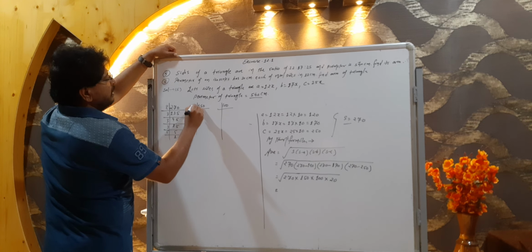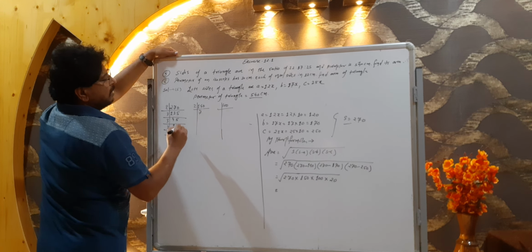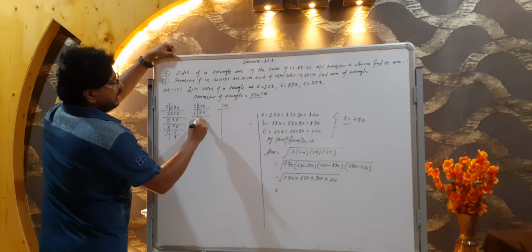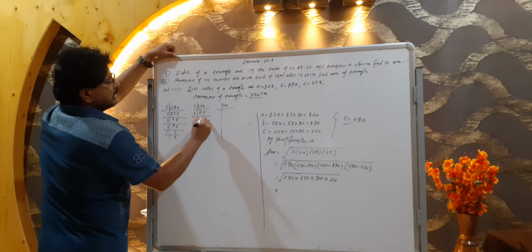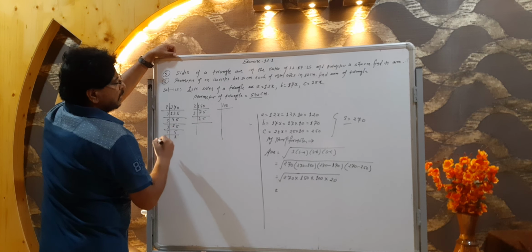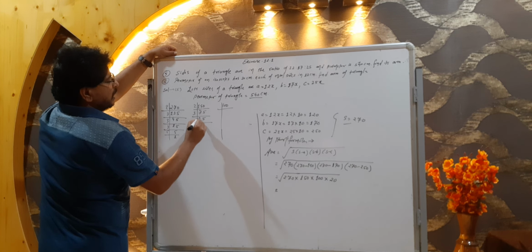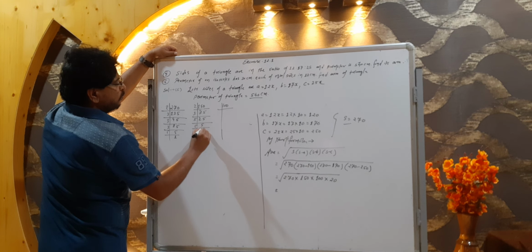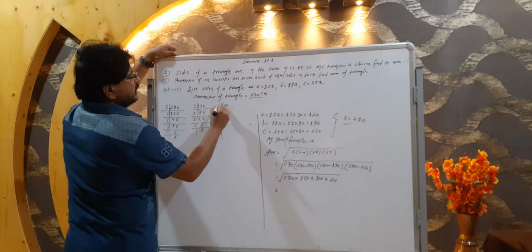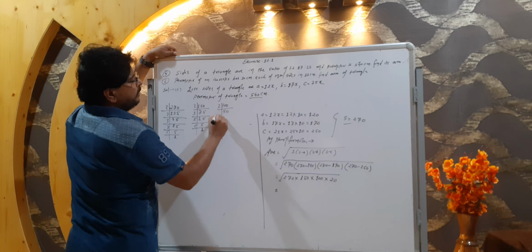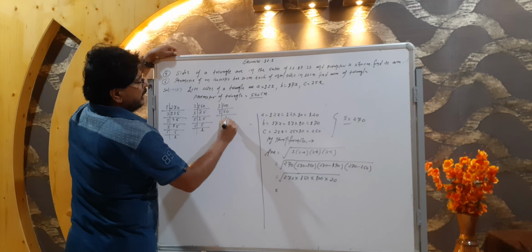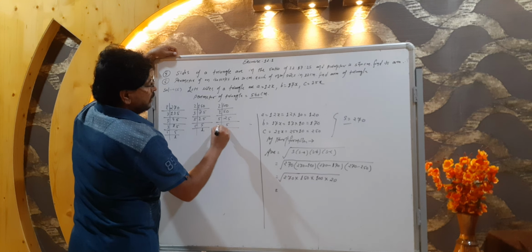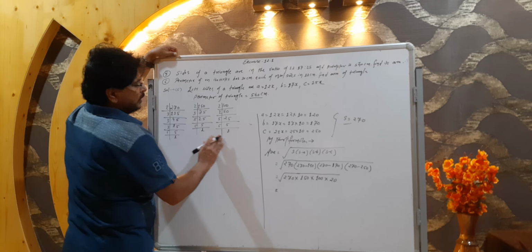In the same manner, this also by 2. 2 7s are 14. 2 5s are 10. Now 2 is not possible, then 3. 3 2s are 6. 3 5s are 15. Now 5 5s are 25, 5 1s are 5. Okay. Now this 2, then 50, again 2, then 25. 3 is not possible, then 5, then 5, then 5, then 1.